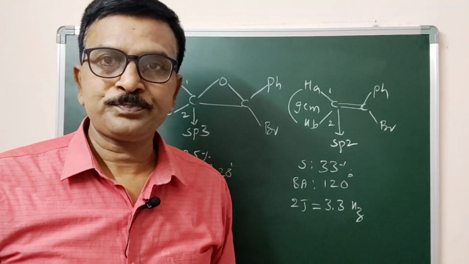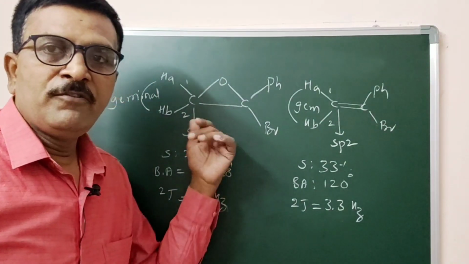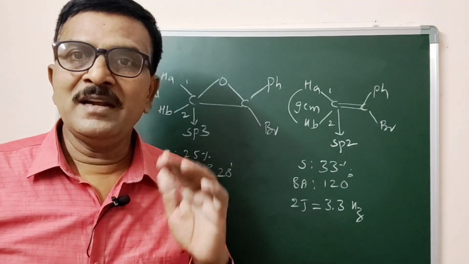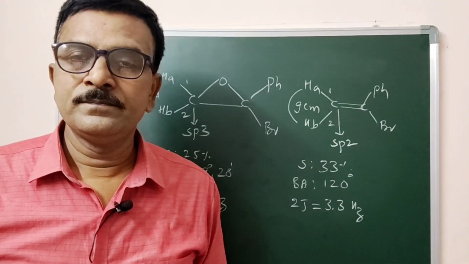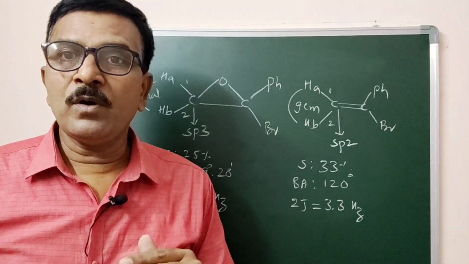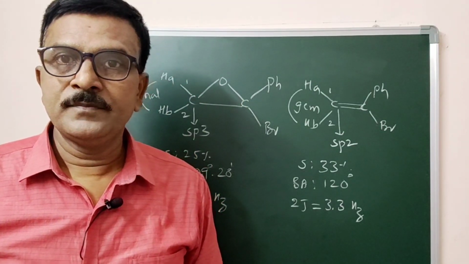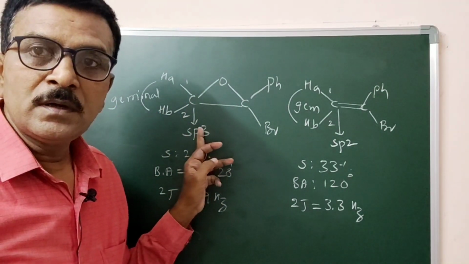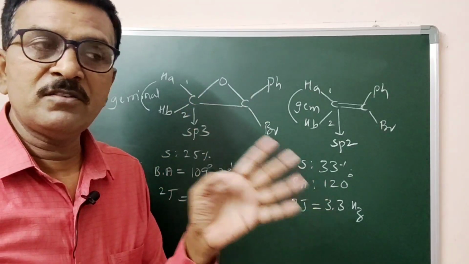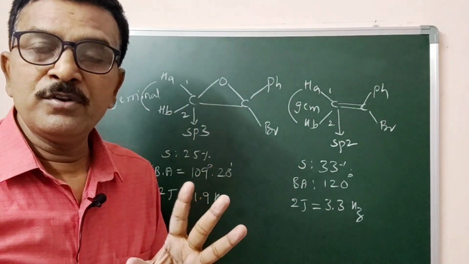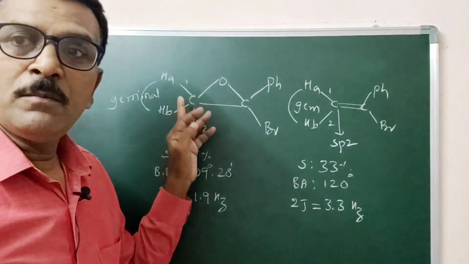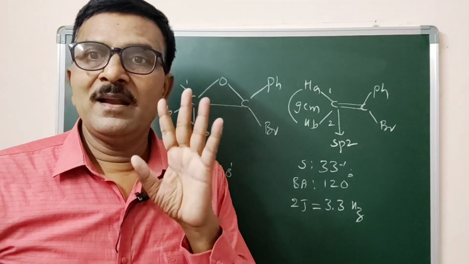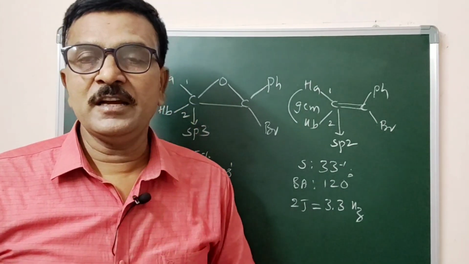Let us find out. In the first case, where the coupled protons are attached to an sp3 carbon, the geometry is tetrahedral, which indicates the A and B protons are not in one plane. That is, the bonding electrons between the A and B protons are not in one plane. In yesterday's class, we discussed strongly coupled and weakly coupled systems. When the bonding electrons are not in one plane, they are coupled but less strongly, that is, weakly coupled.